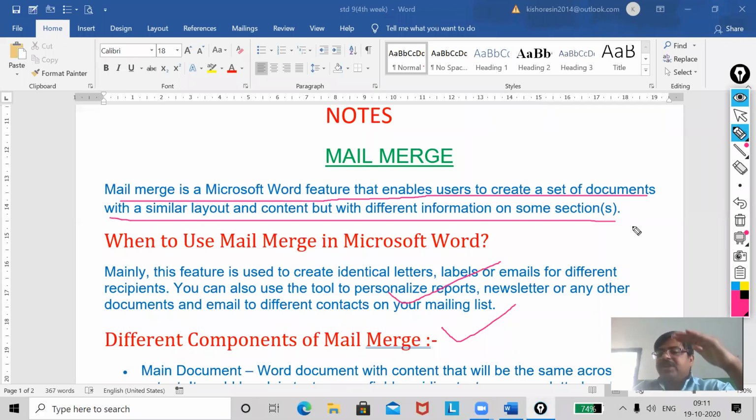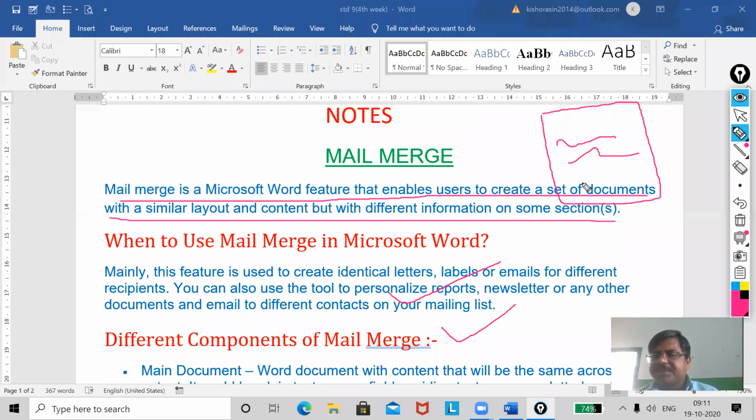Suppose you have written your letter, and here you want some items which are going to be merged. This part is called your information, and you are going to gather this information from the database.